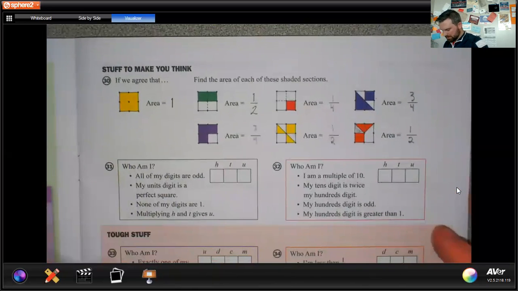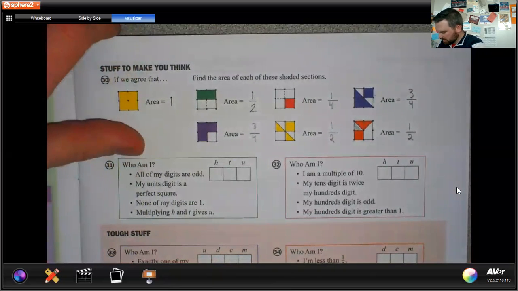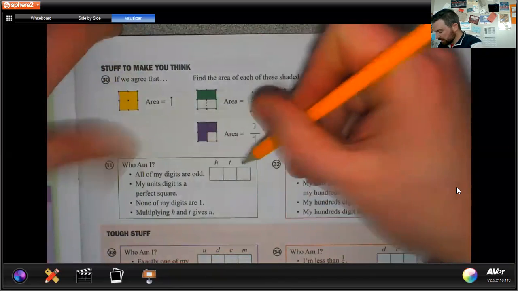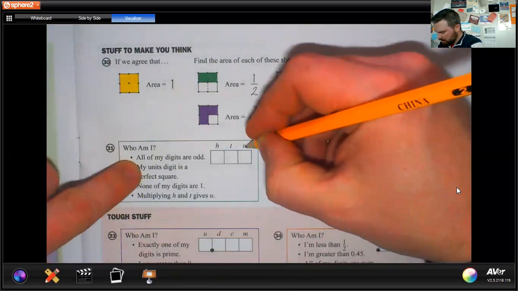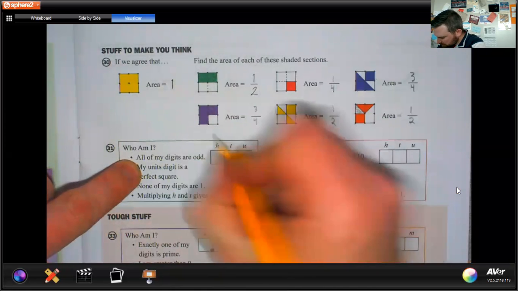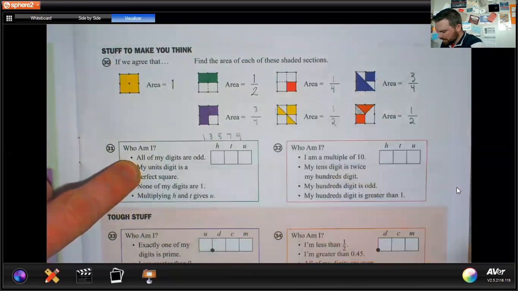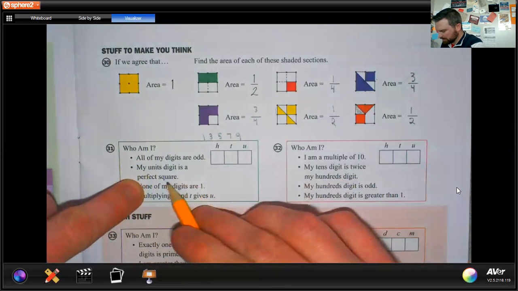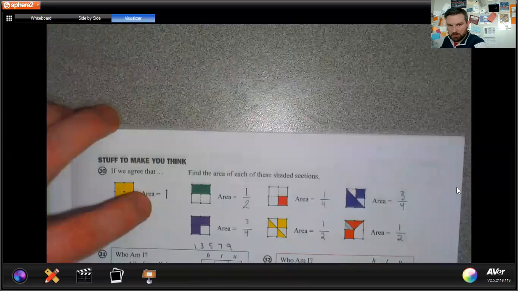Okay, and we've got some of these word games here. So who am I? You have your hundreds, your tens, and your units digit. All of my digits are odd. So that's 1, 3, 5, 7, and 9. My units digit is a perfect square. Okay, if we remember from the perfect squares and put them at the top,